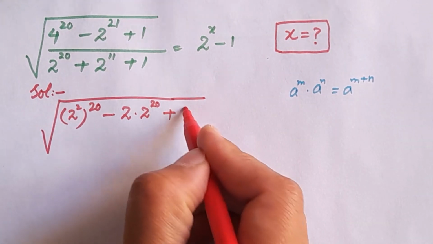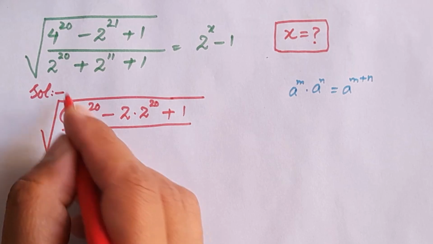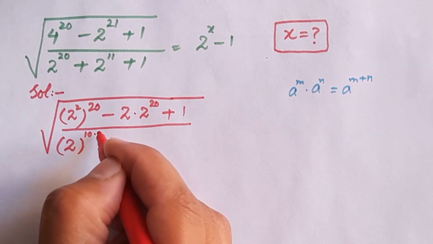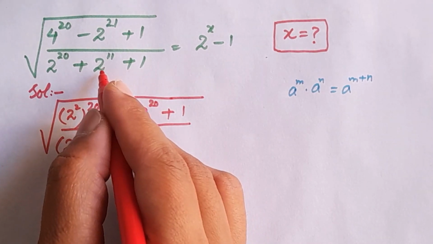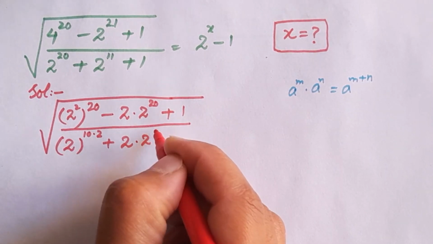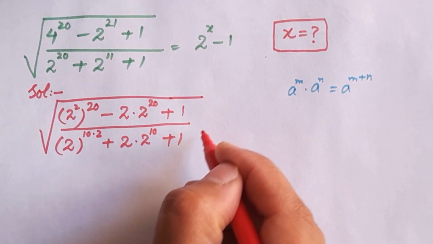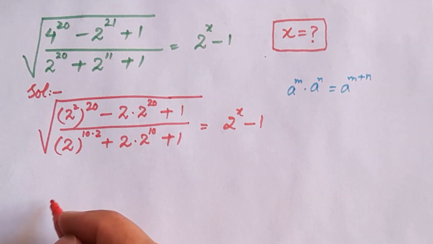Plus 1, divided by 2 to the power 20 can be written as 10 times 2, plus 2 to the power 11 can be written as 2 times 2 to the power 10, because using the product rule of power. Plus 1 is equal to 2 to the power x minus 1. Root,